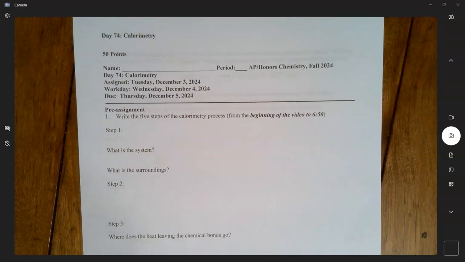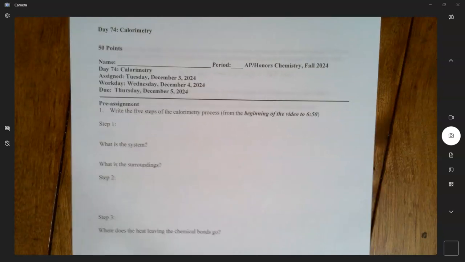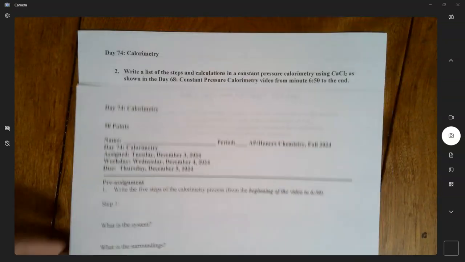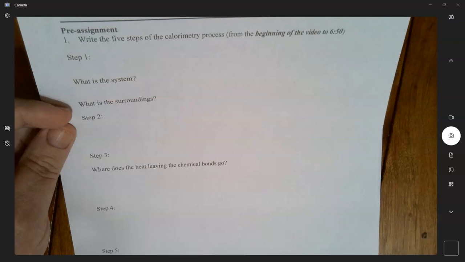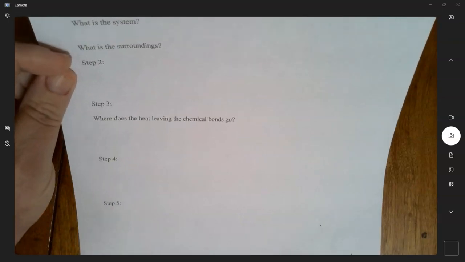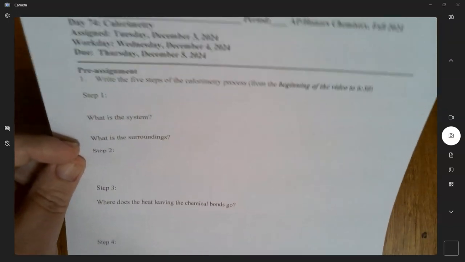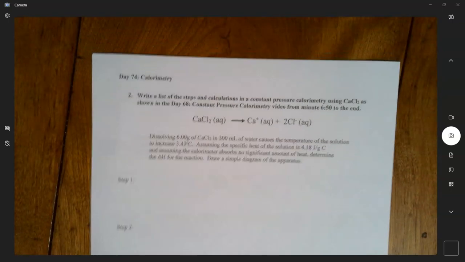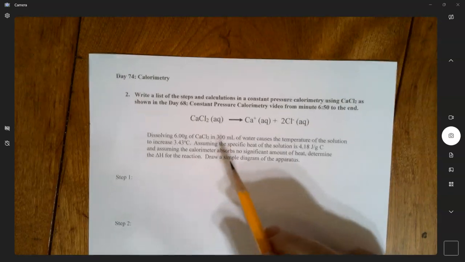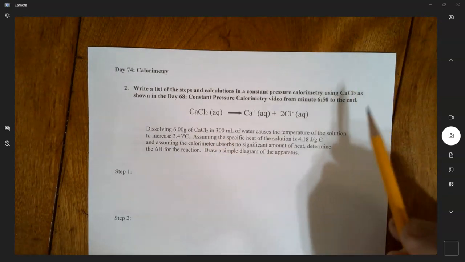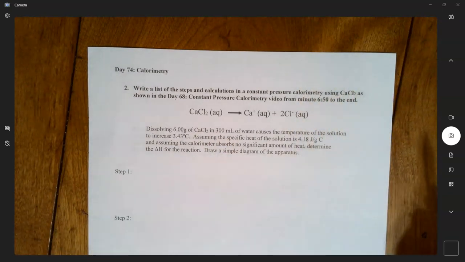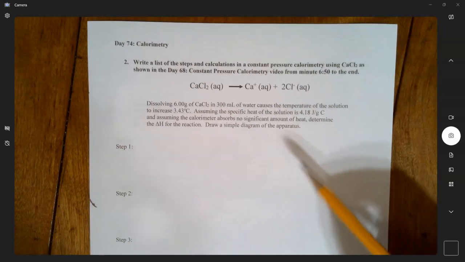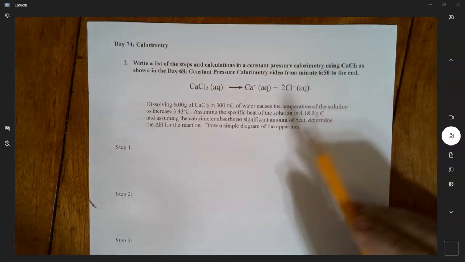Chemistry. This is the answers video for day 74, calorimetry. We've done a number of these in class, so the front page is straight off the video. I want you to go to the video and write down the steps of the calorimetry process. And the first problem is straight off the video. It starts at roughly minute 6:50, and I think that's still accurate. I want you to just do that problem so that it actually has